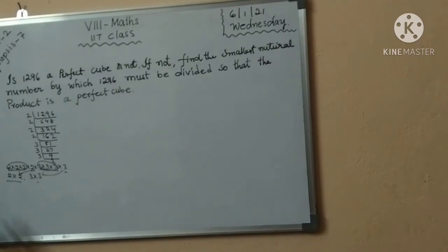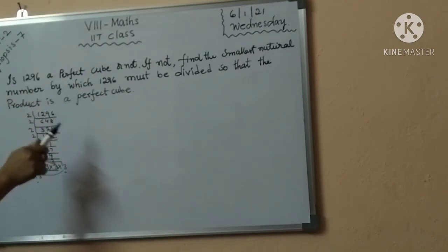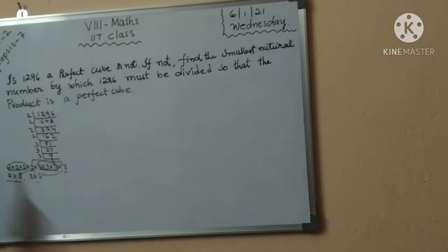So the prime factors 2 and 3 give 6. 2 3s are 6. Here 2 into 3 is 6, which does not appear in a group of 3s, since 6 appears only one time. 2 is one time and 3 is one time. Then the prime factors of the cube do not contain 6. Did you understand, children? So what number should 1296 be divided by to make a perfect cube? 2 3s are 6. Observe that 2 3s are 6.